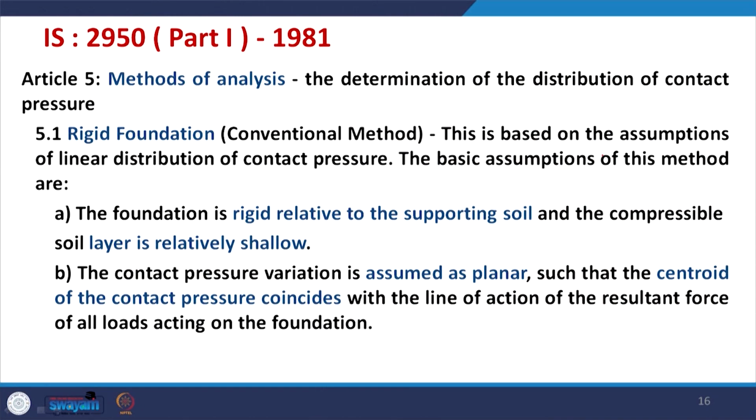So, first assumption: it is assumed that contact pressure is linearly distributed. That means below the raft, the contact pressure coming from the soil will be linear. It is not uniform; there is a difference between uniform and linear, which we discussed yesterday in the combined footing. If you recall, for the rectangular footing it was uniform pressure distribution, but for the trapezoidal footing it was linear. So, linear means it is linearly varying, and the basic assumption of this method is that the